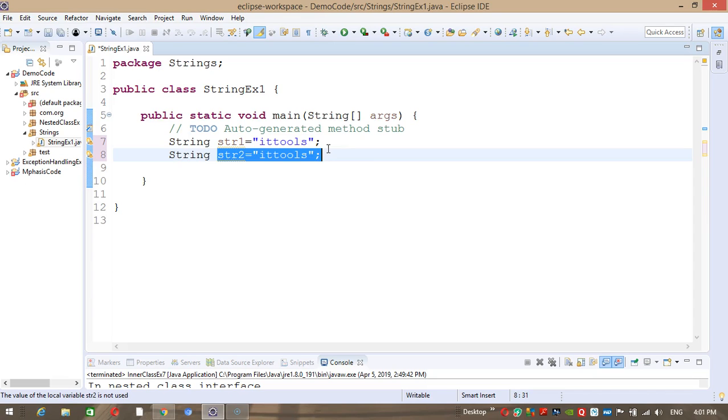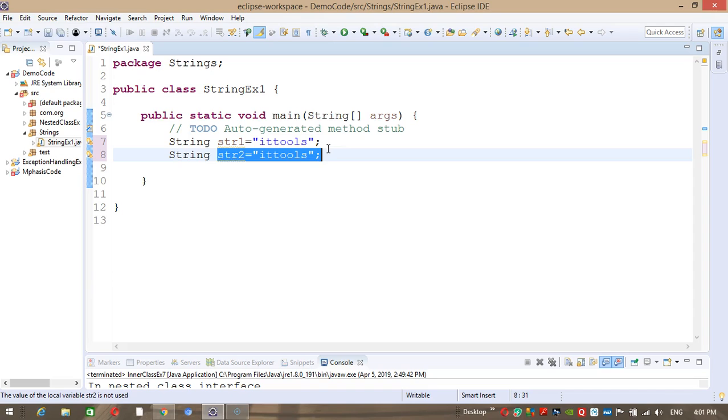So even though we have two string instances, str1 and str2, the compiler only created one string object having the value "IT tools" and assigned it to both instances. If there are 10 string instances that have the same value, there is only one object in memory having the value, and all 10 string instances would be pointing to the same object.